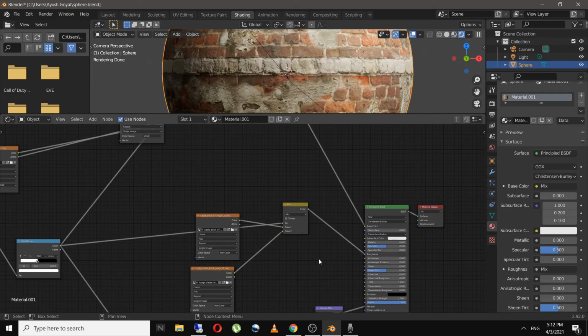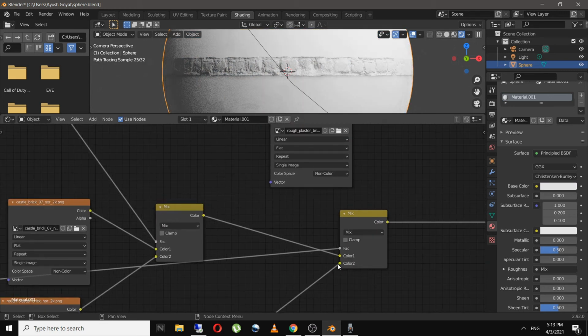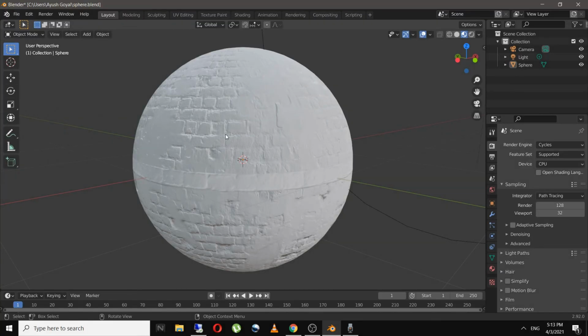And if you want to see the effect, disconnect the base node. I'm sorry, just flip this. Yeah. So as you can see, the brick, the plaster, and the sandstone border are working perfectly fine with each other in the sphere.